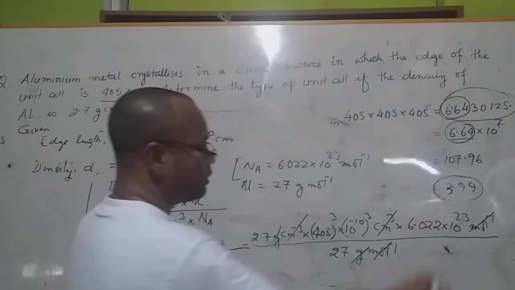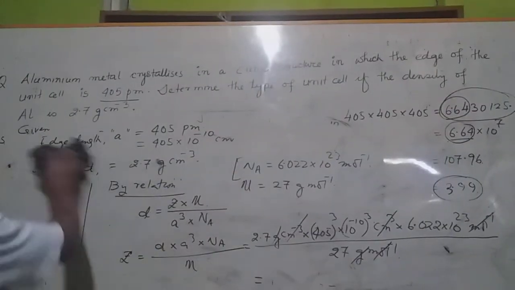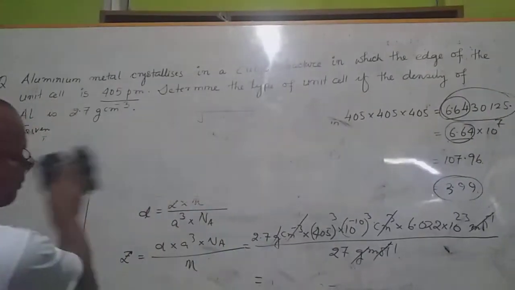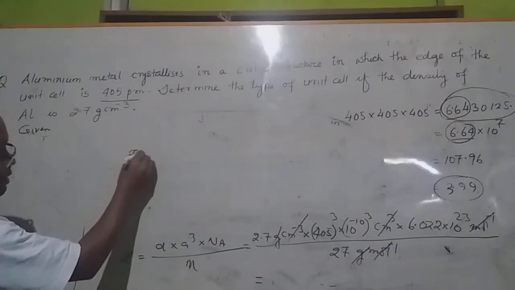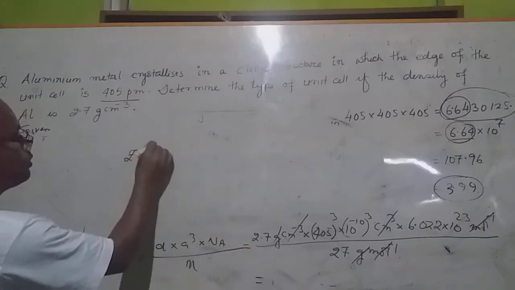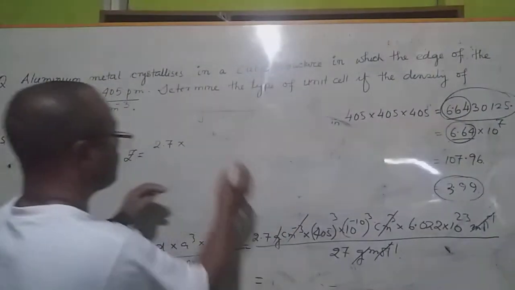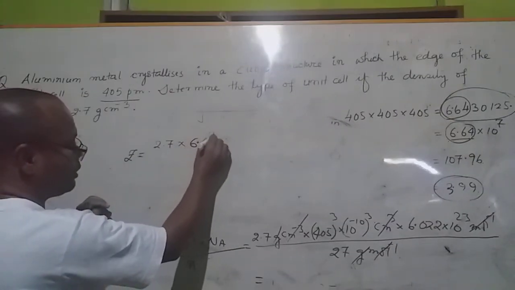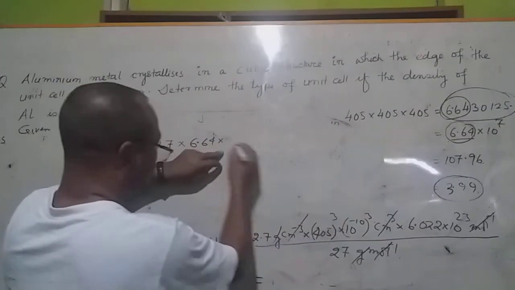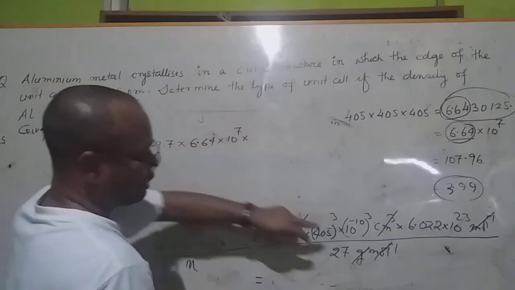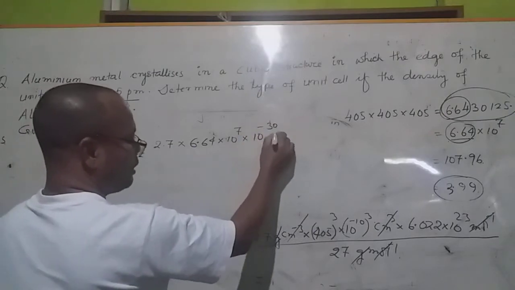So now when we do this 6.64, just without a calculation, I will show you. So I remove these things. Now, what is the remaining? Z is equal to 2.7 into 6.64 into 10 to the power 7 and into 10 to the power minus 10 whole cube, that means 10 to the power minus 30, and into then